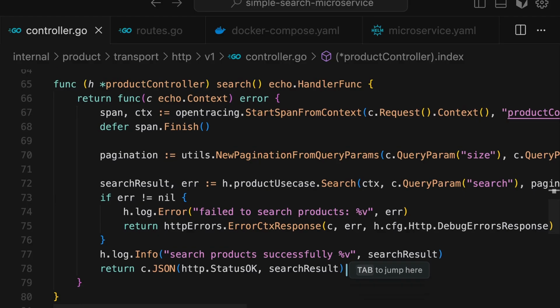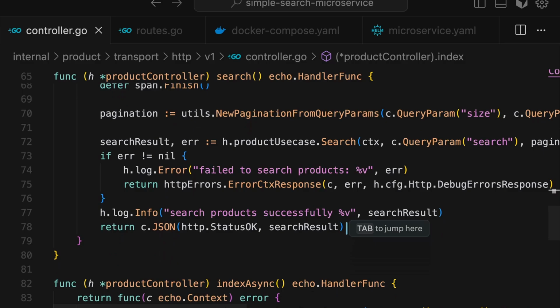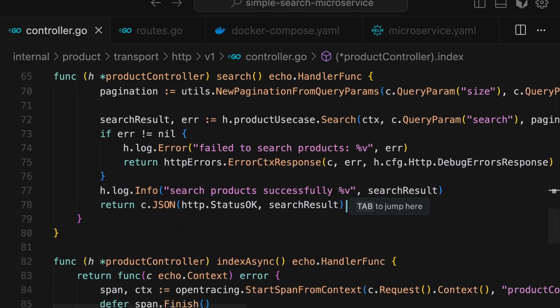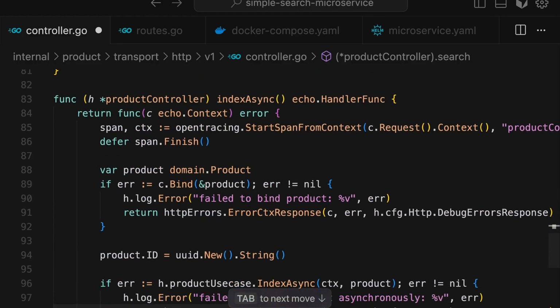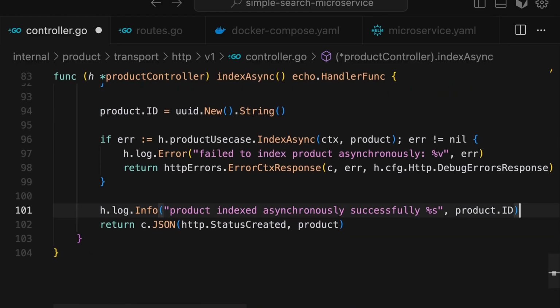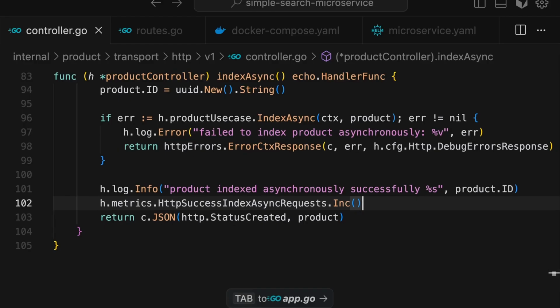Same thing for the other methods that we have. So this is for search, so I'm going to add it here, and here also let's try to add this async request. So this way we can keep track of whatever we want,